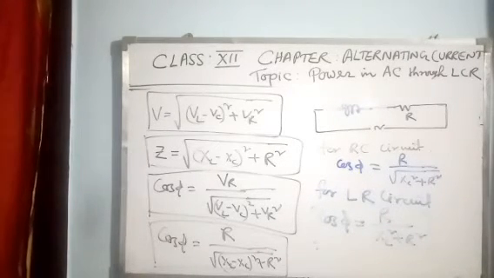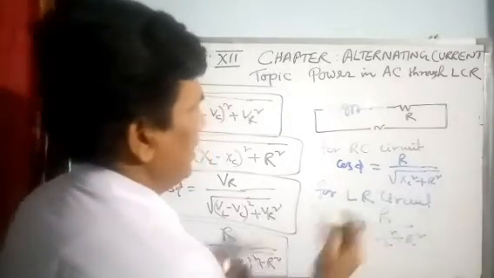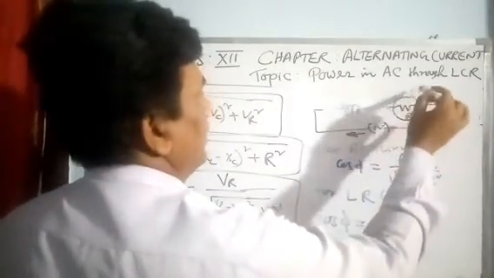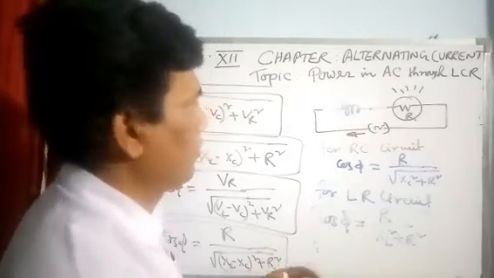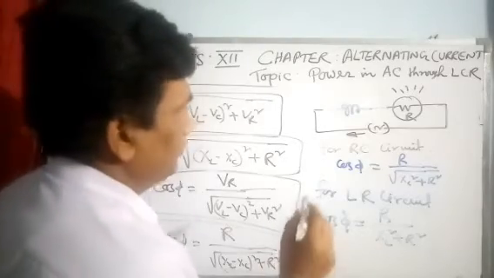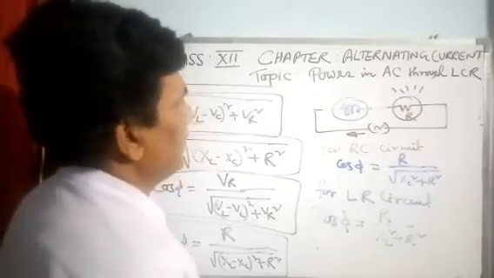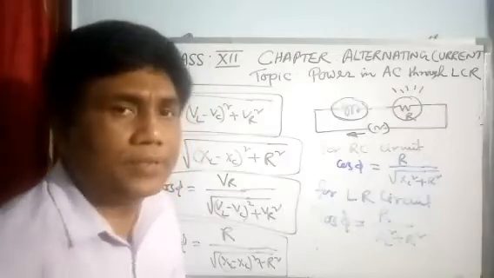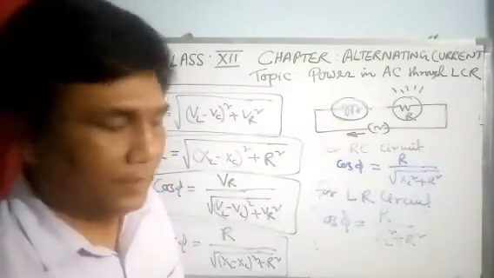But what is the need of studying these things? So can you say this source will give some power? It will be dropped at this resistor. We understand that the resistor is a power dropping device. It liberates energy, you know. And this inductor also will drop some voltage. Are you getting? But it will not drop power.